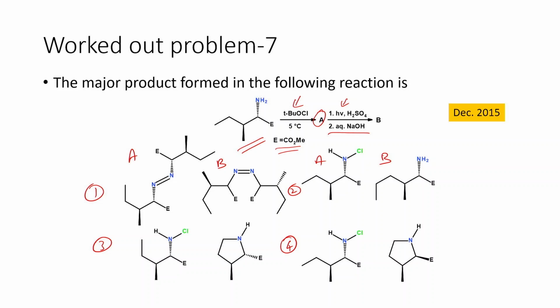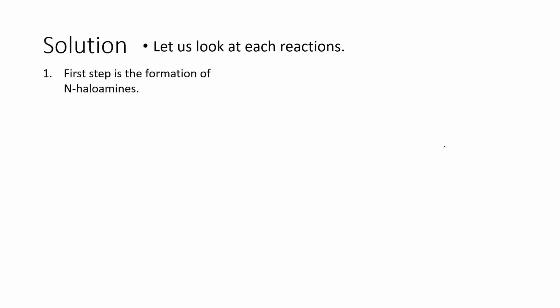So we are given various combinations. Let us look at this question, which was asked in December 2015. We are going to see how the reaction actually proceeds. So the first step is basically an N-haloamine formation. So here what happens is,